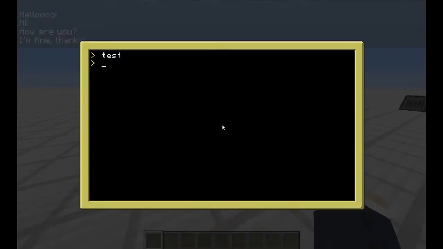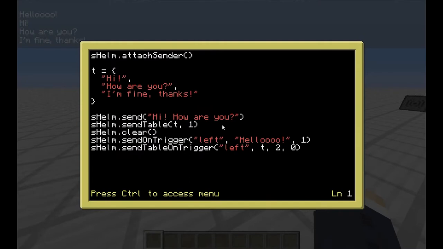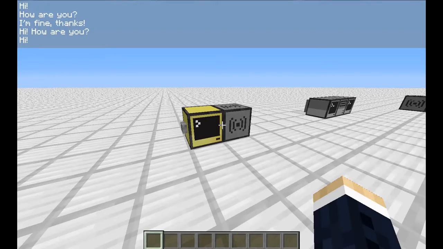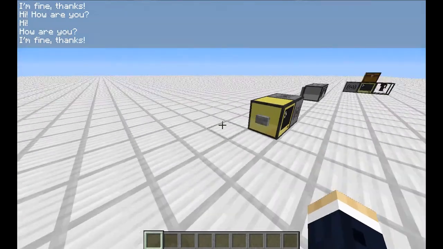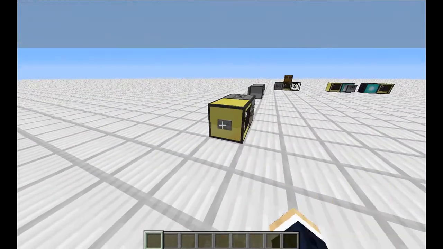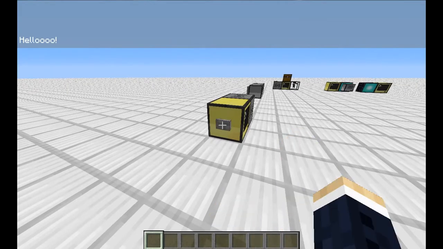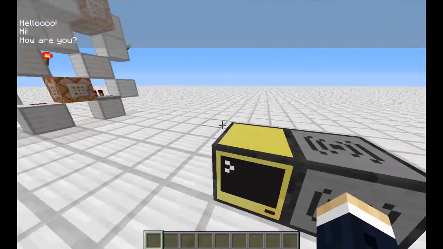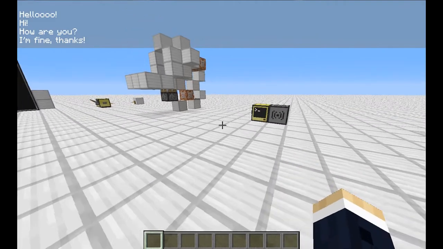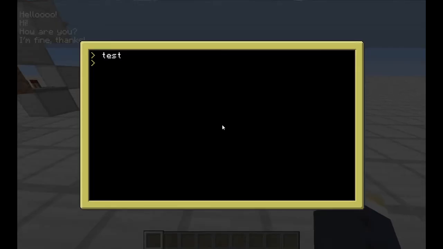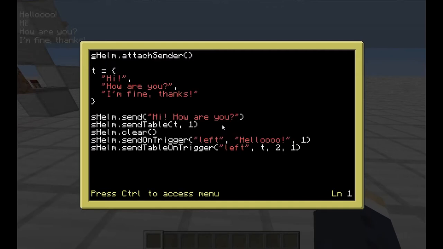Like a boss. Now if we edit test again, we can set this to 1. And like if we were using send table, when we press the button, it'll scroll them in. Now, if we edit test,